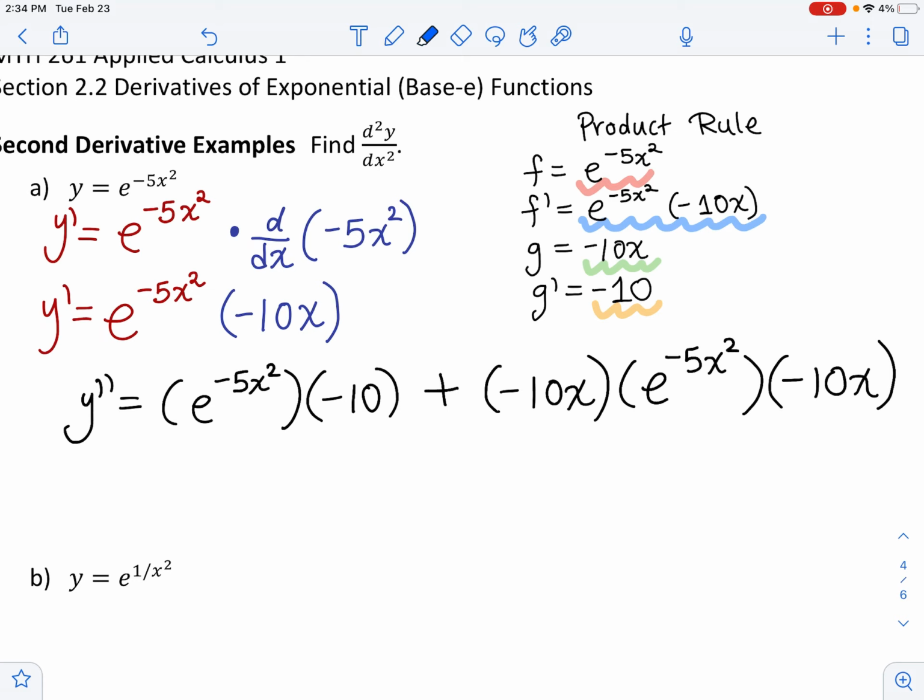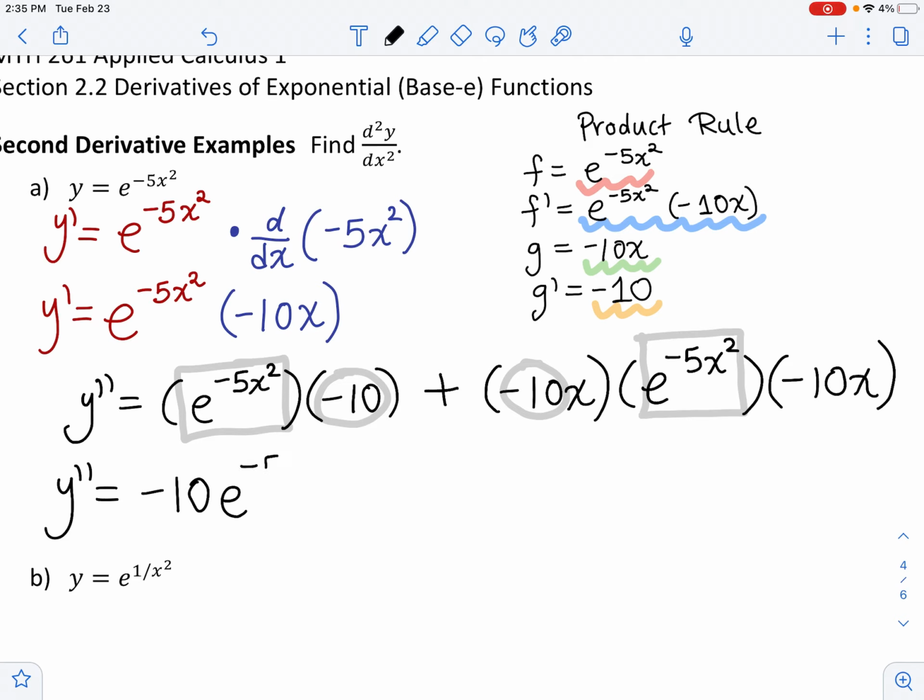Now, I was going to just factor this e term out, but if you look closely, not only do they have that as a common factor, what else do they have? We can factor out negative 10 too, don't you think? I can factor out this negative 10 and this negative 10. Okay? So what I will have is y double prime equals negative 10, I'll write that first, e to the negative 5x squared. So I'm factoring out that gray boxed and circled terms from each. So what's left? If you look at this first part, everything got factored out, right? Both of them came out. So I'm only going to have one left. 1 plus,